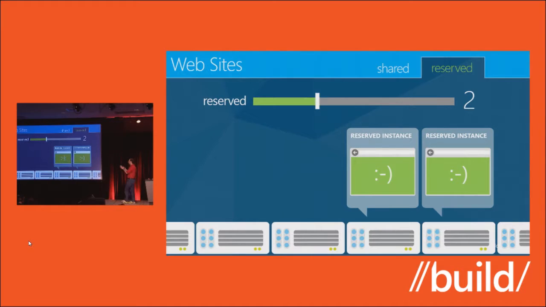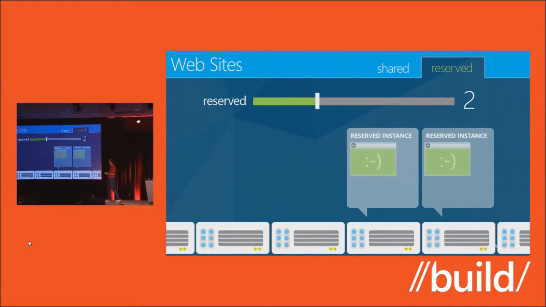So that's kind of under the covers what's happening. Cool thing also is you can run multiple of your own apps within those reserved instances as well. So you don't need to actually have a separate reserved instance per app. You can actually have multiple of your own apps where only your code is running in that machine, and you can support that model as well. So it's great if you're building sites for many people, or you have to maintain multiple sites. You want to make sure I'm the only one there, but I don't want to necessarily have a dedicated one per site.